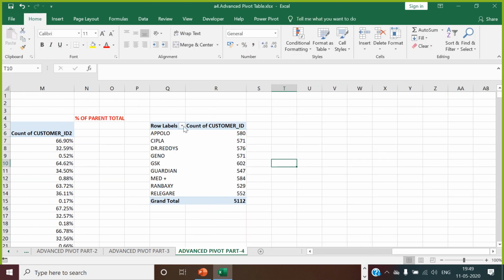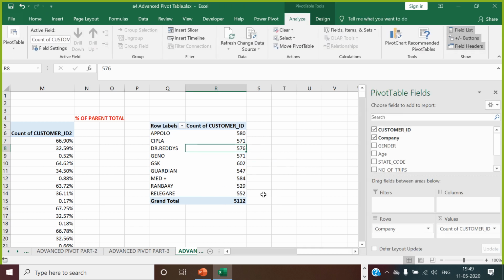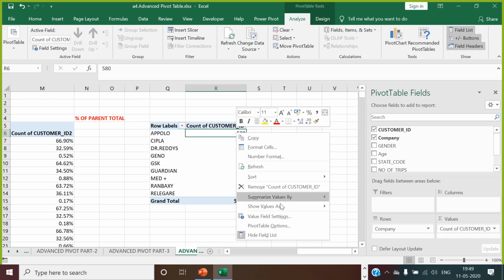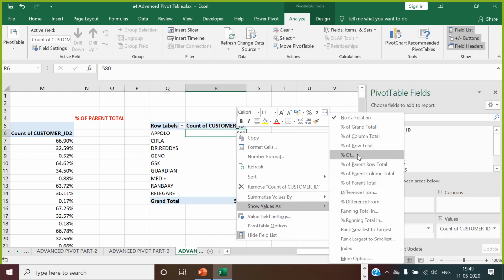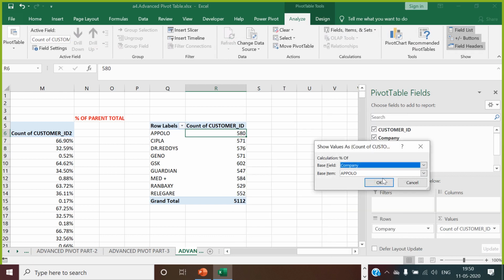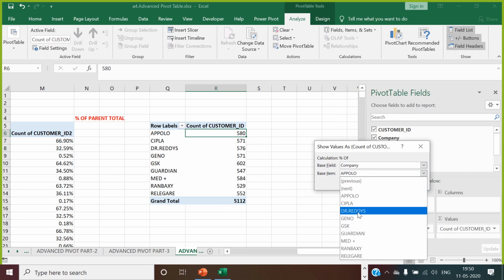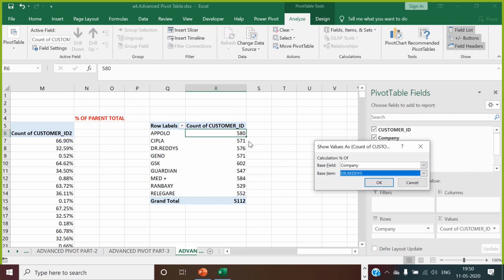Let's say I want to compare all my customer base based on, let's say, Dr. Reddy's. So what I do here, I right click, I show value as different percentage of. So the percentage is of the company called Dr. Reddy's. So based on Dr. Reddy's, I want to see the performance of Apollo.